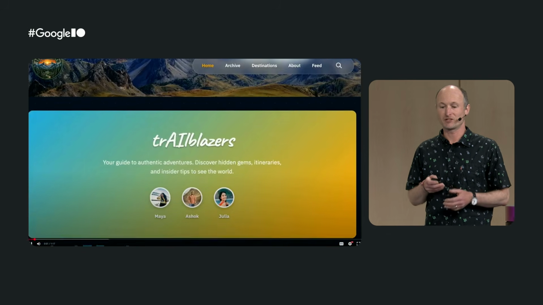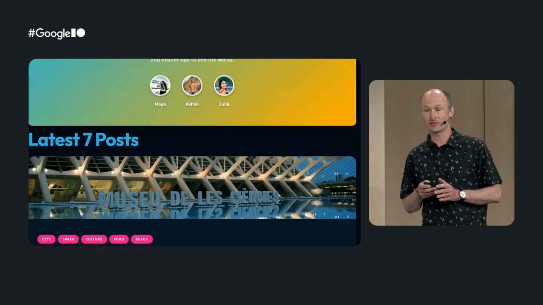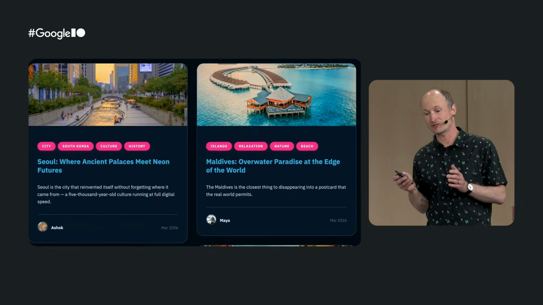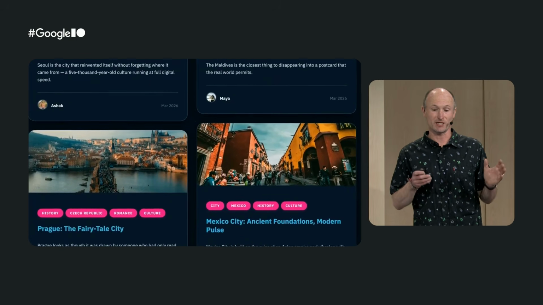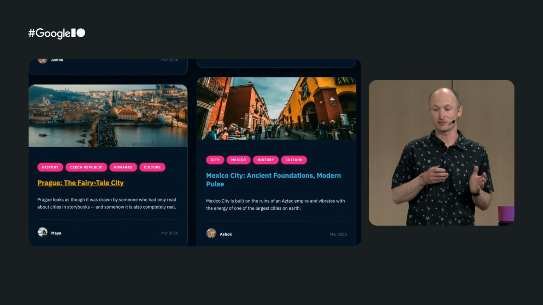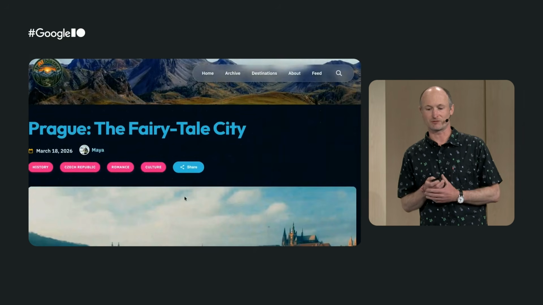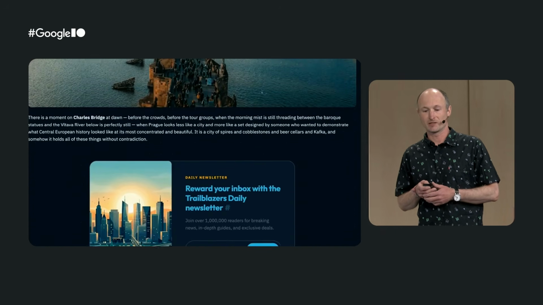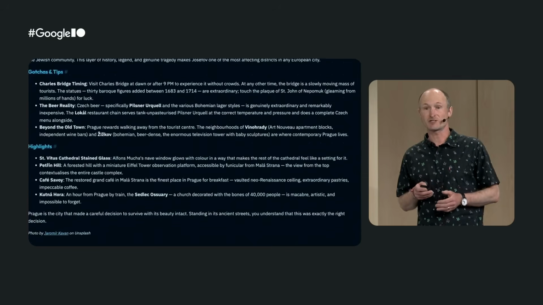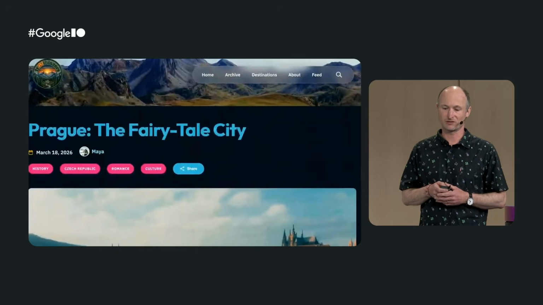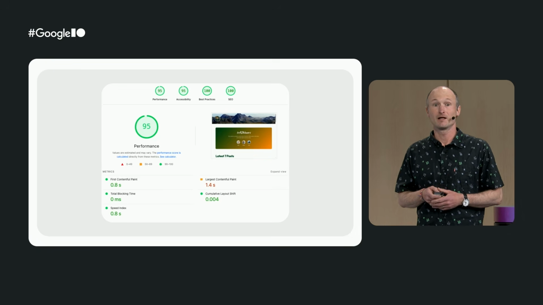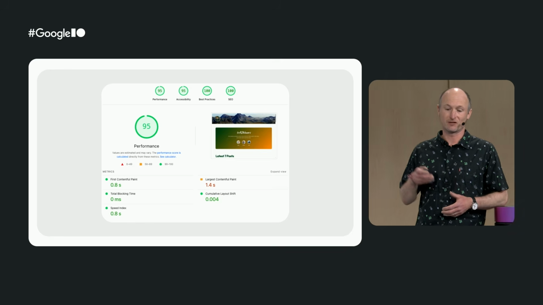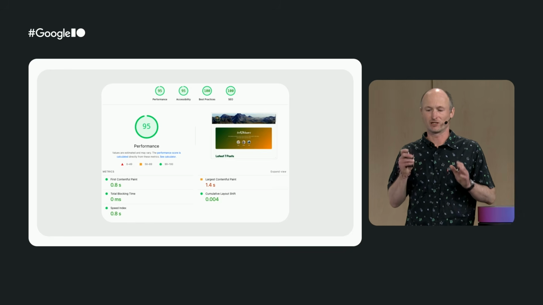Build Awesome makes sure that they ship great performance over the wire, without unnecessary bloat or heavy JavaScript dependencies. This isn't to say that the Trailblazers blog does not use JavaScript at all. They do use JavaScript where it makes sense, for example, for their share buttons. But Build Awesome forces them to think about the content first. This all pays off. The Trailblazers blog reaches a Lighthouse performance score of 95, and their users love it.